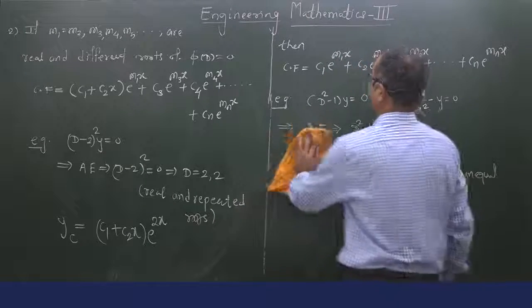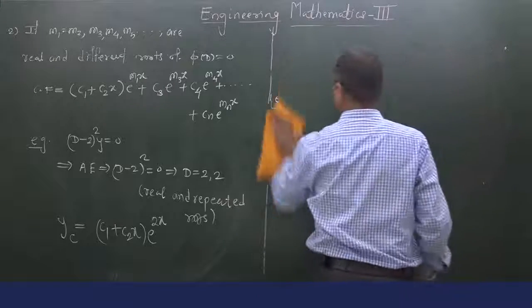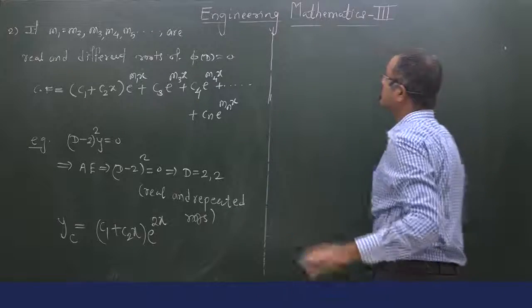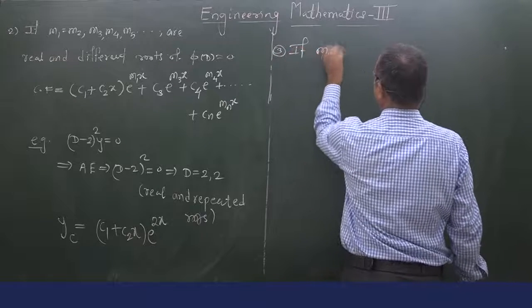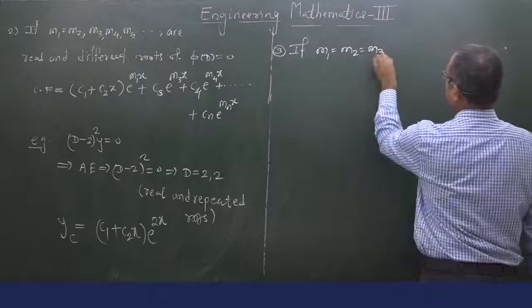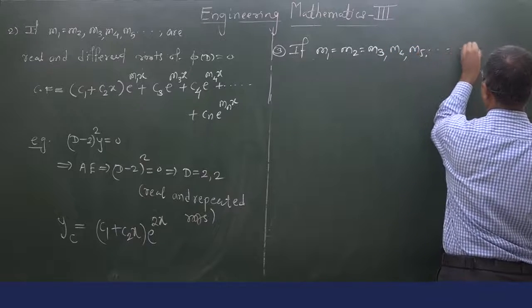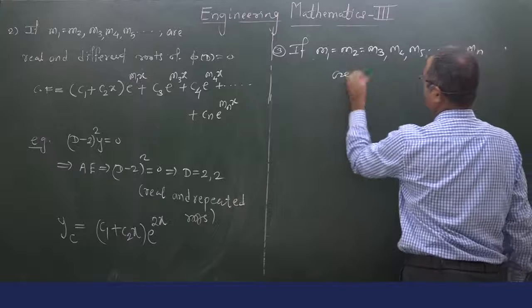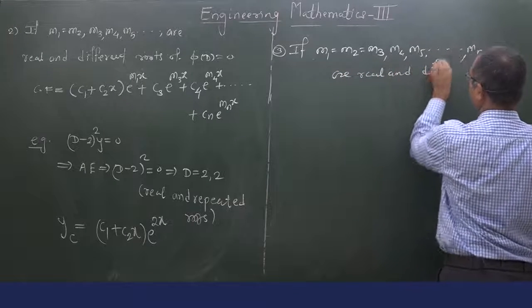If three roots are equal, if suppose this type of situation is there and others m4, m5 and so on mn are real and different roots,